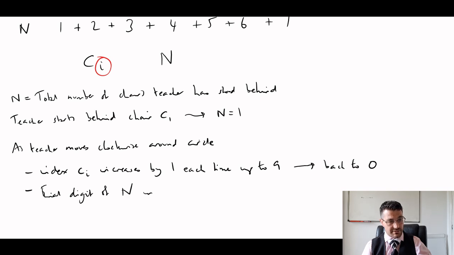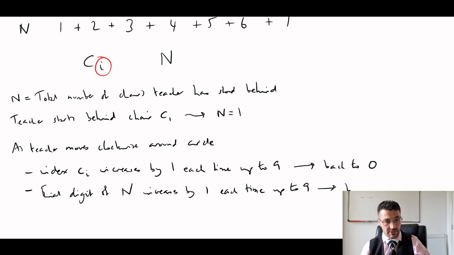of N increases by 1 each time. When I say each time, I'm talking about each seat that's passed. Up to 9 before going back to 0. So from this we conclude that I is equal to the final digit of N. Now this is not actually what we've been asked to do,